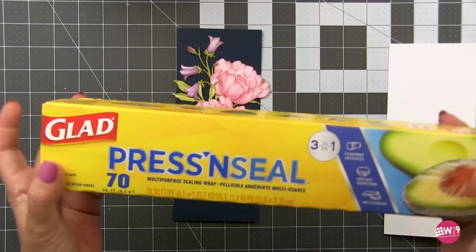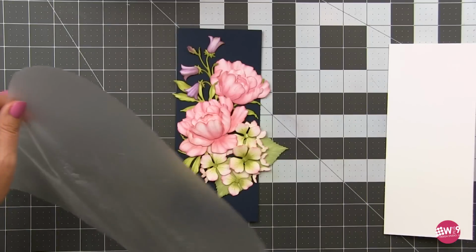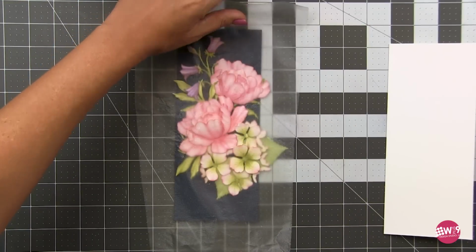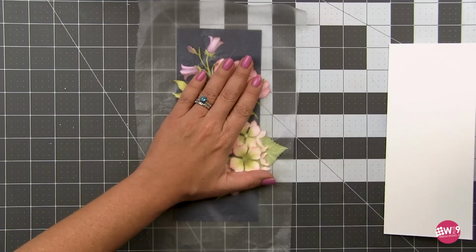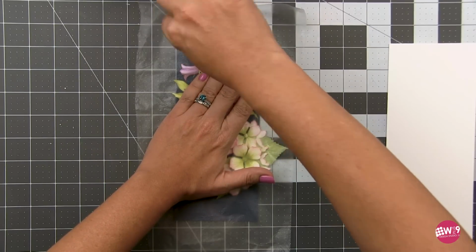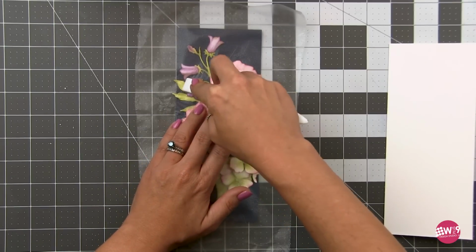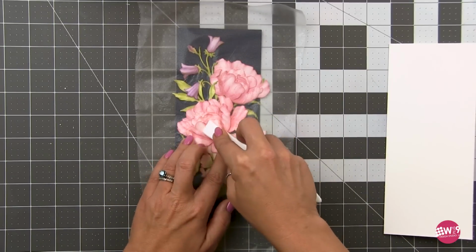Okay, so now it's time to create our card. I'm going to use press and seal. I've arranged this how I want it to sit, and now I'm going to use press and seal to pick it up so that I can move it over to my white base. Now I left this in because it does look gorgeous on a dark base. But because I was making it as a sister card to a card I already made, I went ahead and